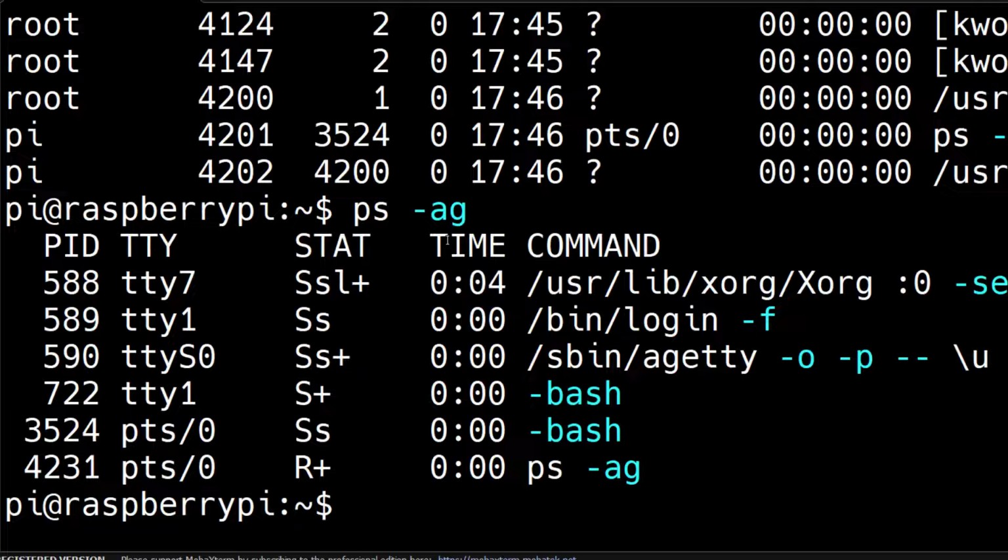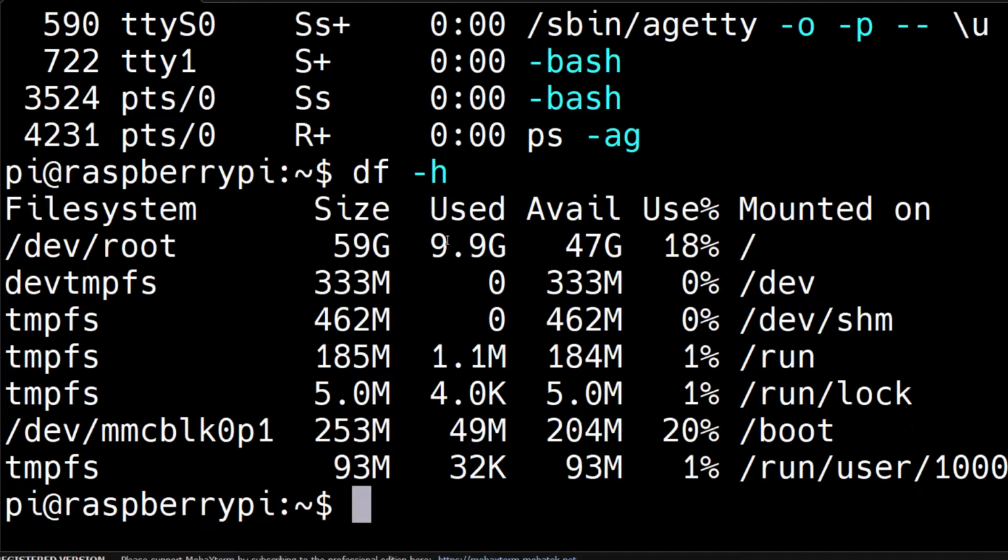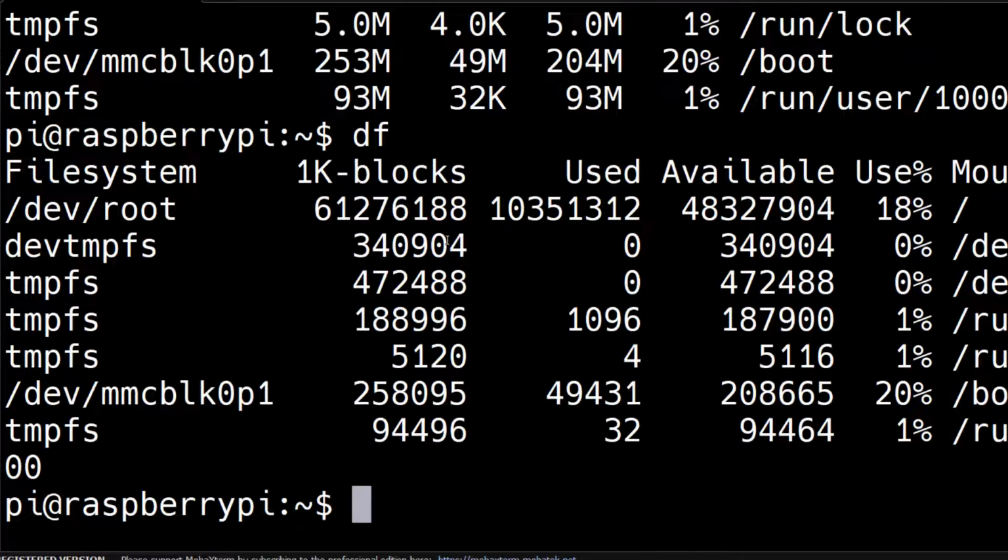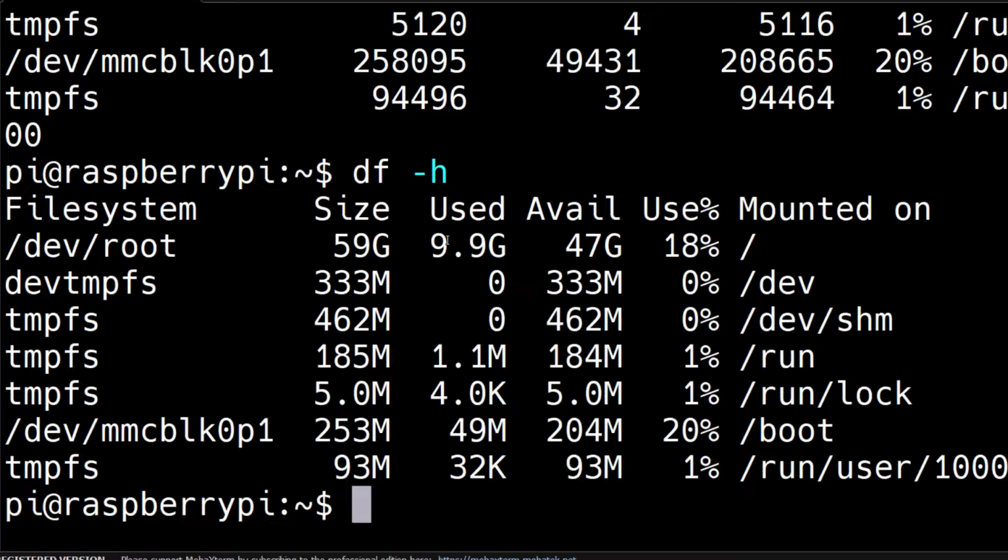Now there is also a command known as df -h. It shows us the information related to the disk. Basically df stands for disk utilization. Okay. And it is actually in blocks of 1K. And in case you want it to be in a human readable format, you use df -h.